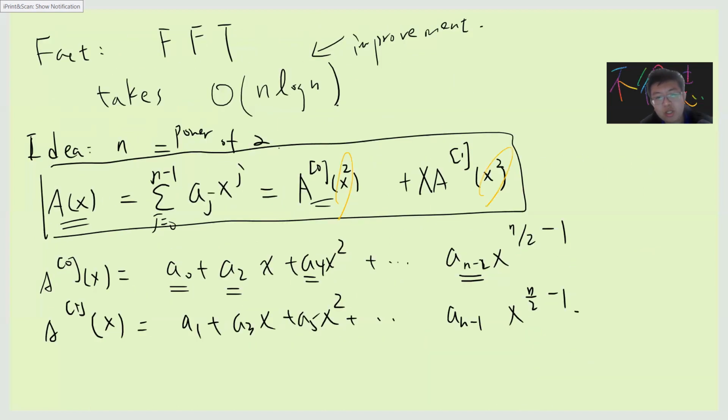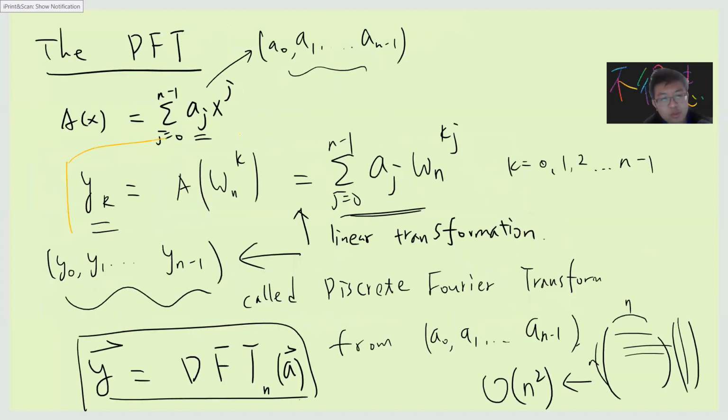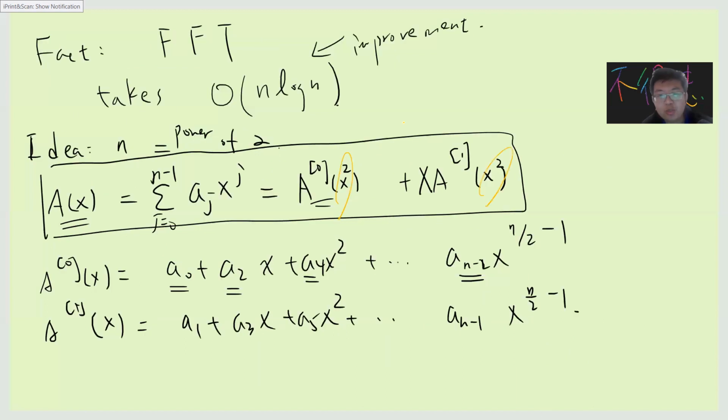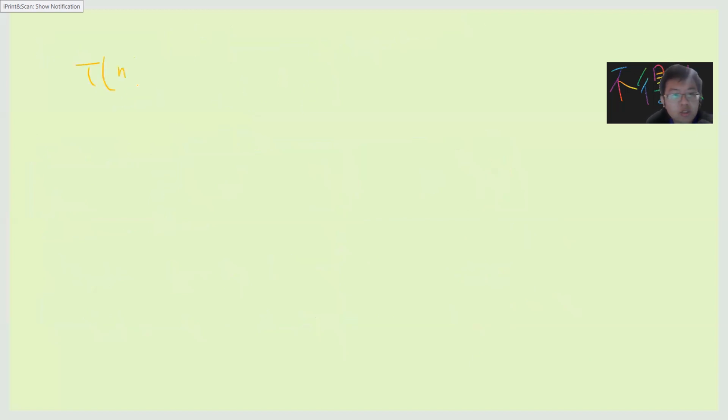Which means that if you see this formula, this guy is actually the discrete Fourier transform of a0, a2 up to a_{n-2} of size n divided by 2, and this is the discrete Fourier transform of a1, a3, a5 up to a_{n-1}. And if you denote T(n) to be the number of